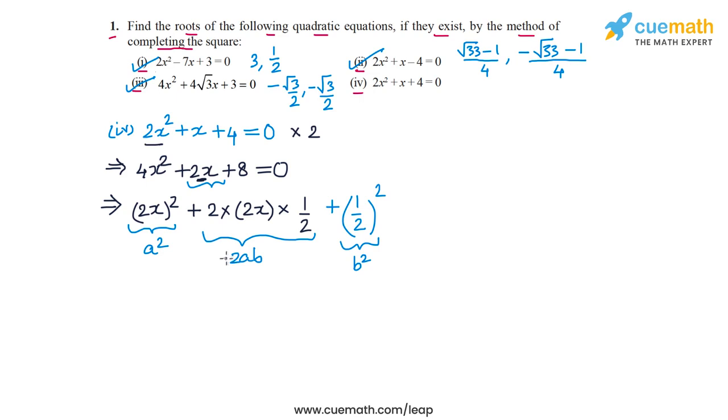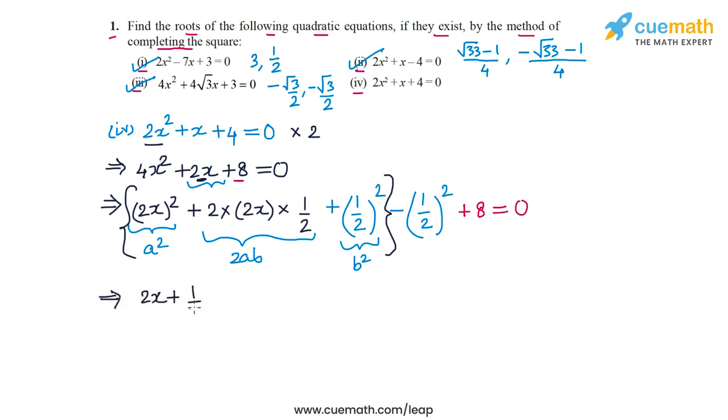So that completes the square, and now let's also subtract this term. So minus half square, and then the original constant 8 plus 8 is equal to 0. And now the first three terms, these form a perfect square, and that perfect square is 2x plus half whole square. So this is what we get, and then we have minus half square or minus 1 by 4 plus 8